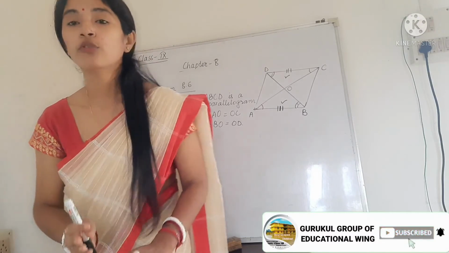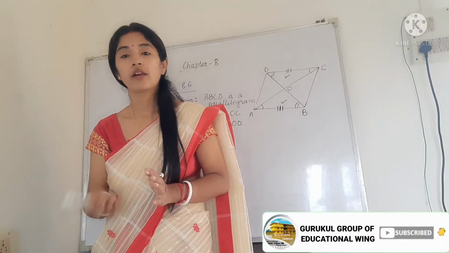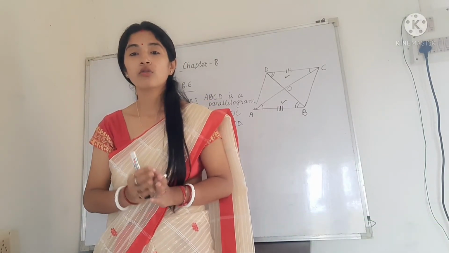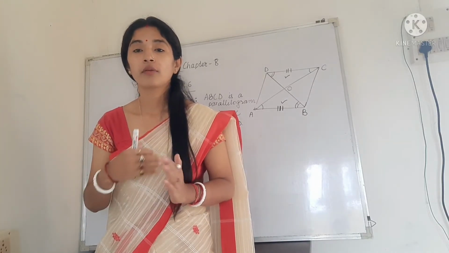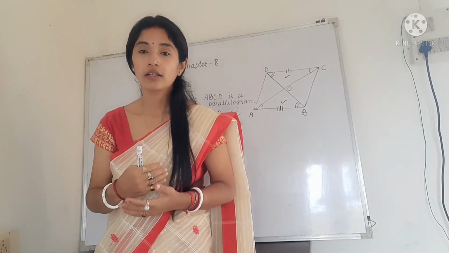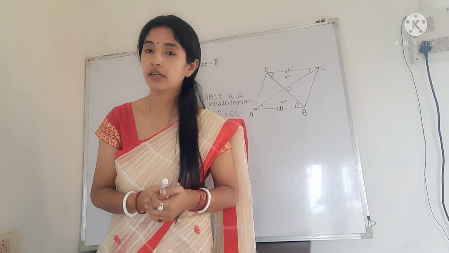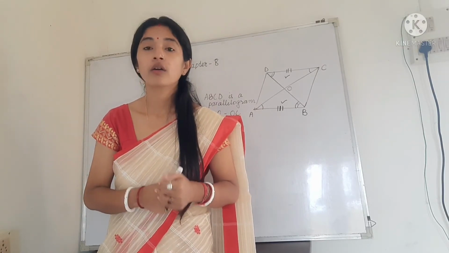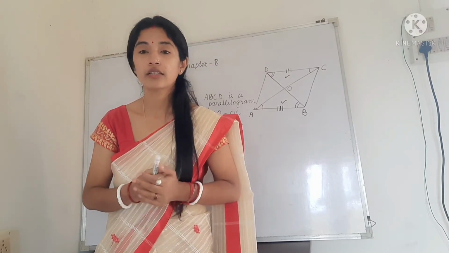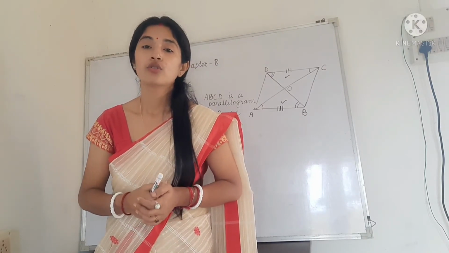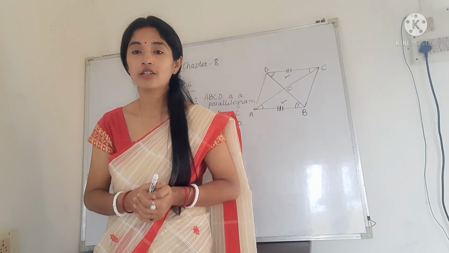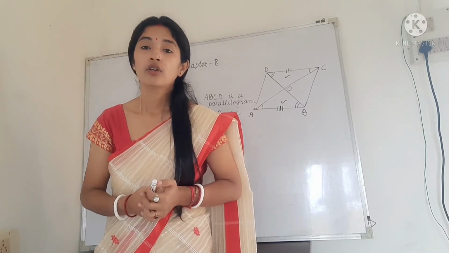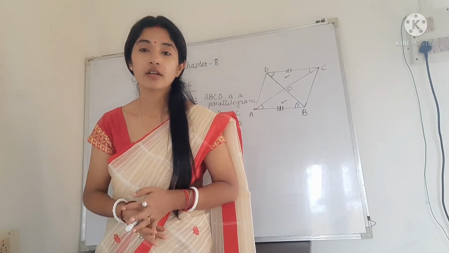So how to prove a quadrilateral is a parallelogram? Here also you can use the topic we have already studied in lines and angles, that if alternate angles are equal or corresponding angles are equal, then the lines are parallel. So if you prove that the opposite sides are parallel lines,